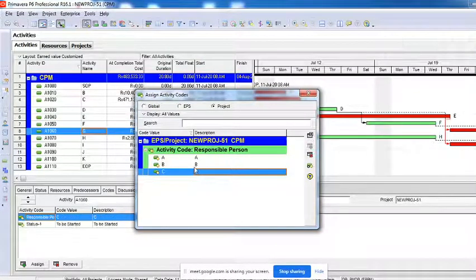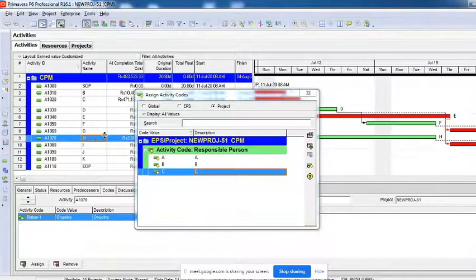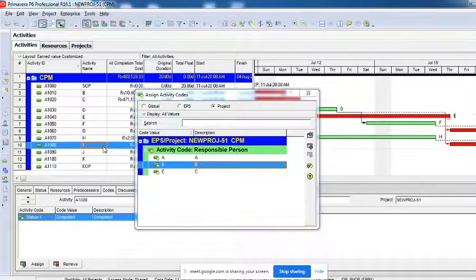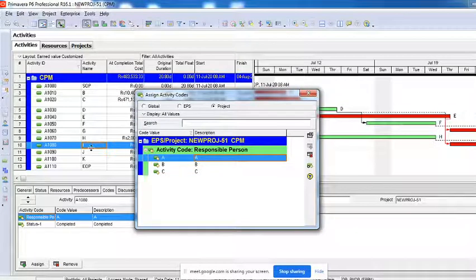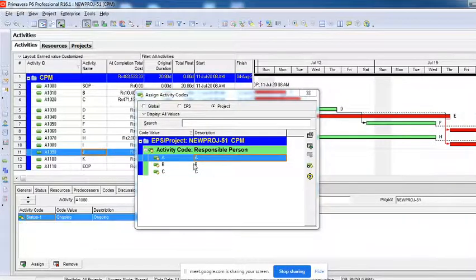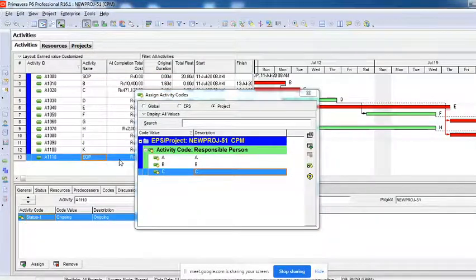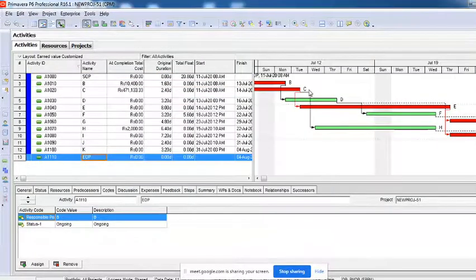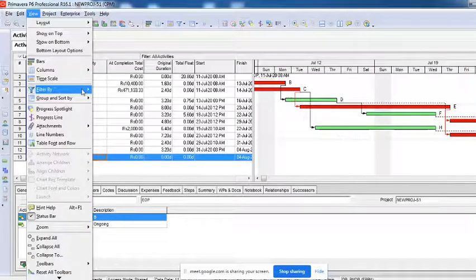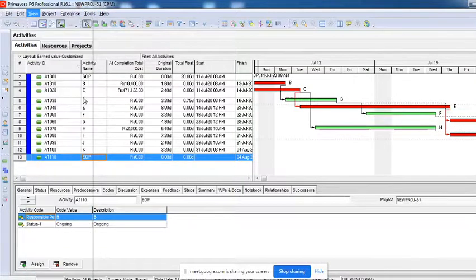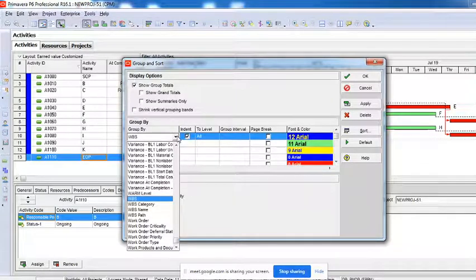So what will happen tomorrow is, as a project manager, you want to know what is happening on the site with respect to the engineers, how much work has been done, what his responsibility is, what he has done. Monitoring becomes easy. So you have assigned the work already. Now you go to the view option, go to group and sort by,